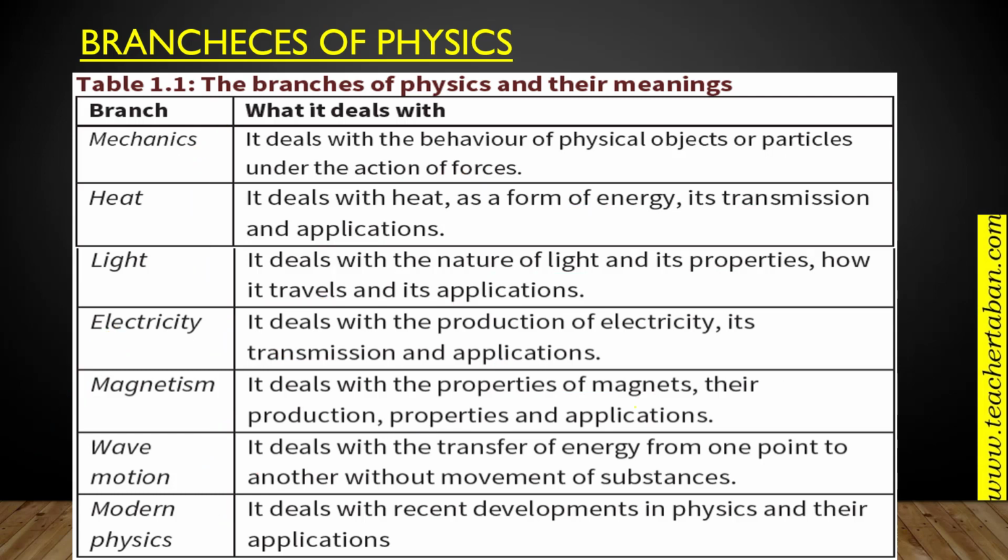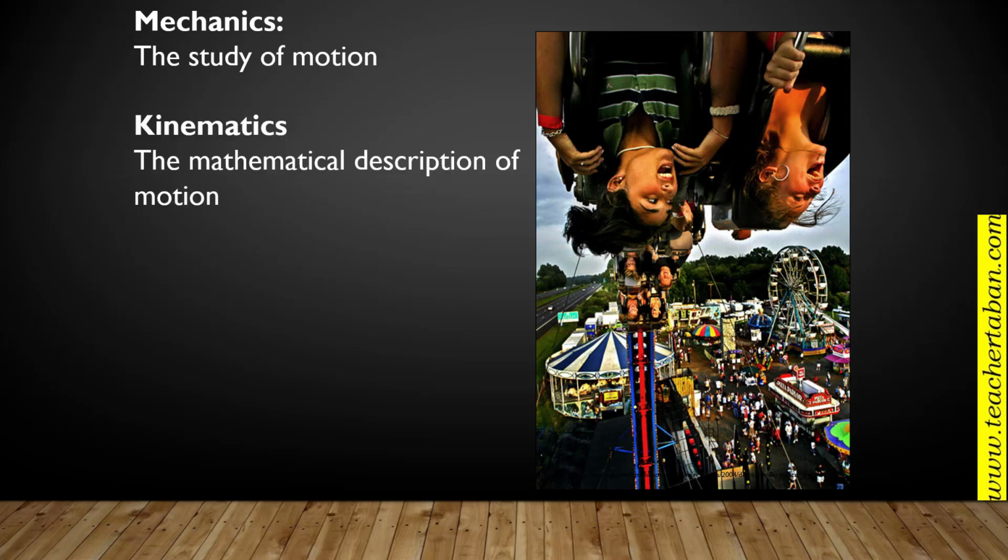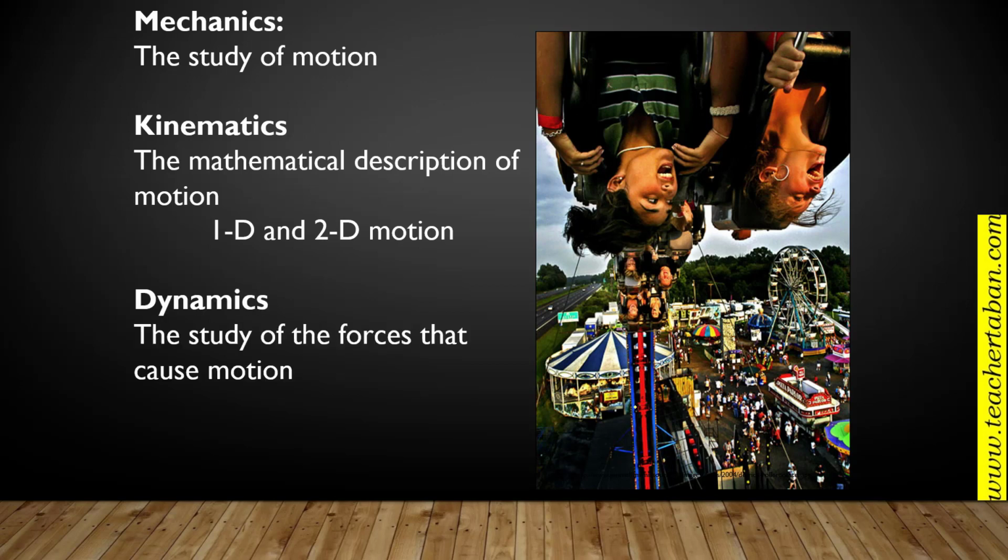To talk more about the branches of physics, let me just use these illustrations, these images, to describe what each of them is all about. For example, can you guess what this one is about? This is an amusement park where people have gone to enjoy themselves. And this is all about mechanics. So you can see how mechanics is applied in real life. Under mechanics, of course, we have motion, we have forces acting on bodies to create motion, we have what we call Newton's laws, energy, momentum, work, energy, and power. All of those we shall be looking at as we go along the way.